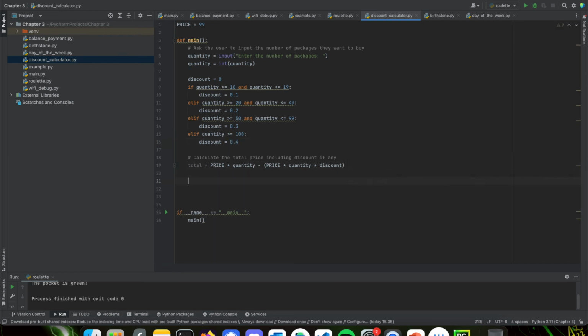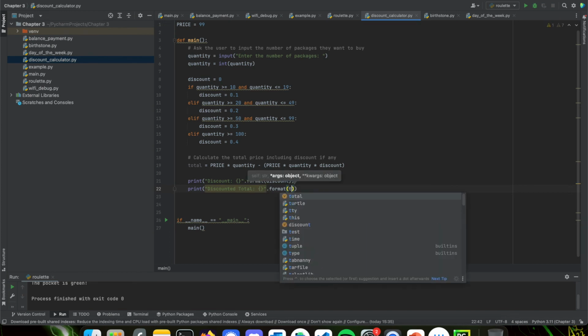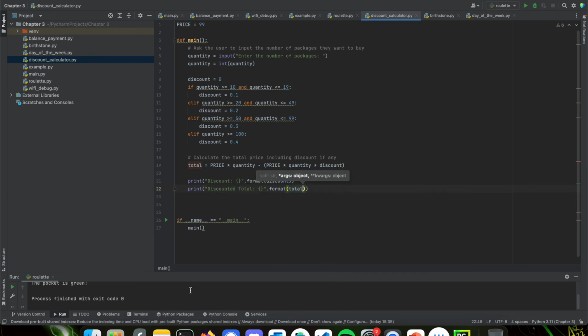So now we can go ahead and print it out. We'll say print discount, and we'll do the curly braces, and we'll do dot format discount, and then we'll do print discounted total, and then we'll do dot format again with our total here. All right, so if we run this now,